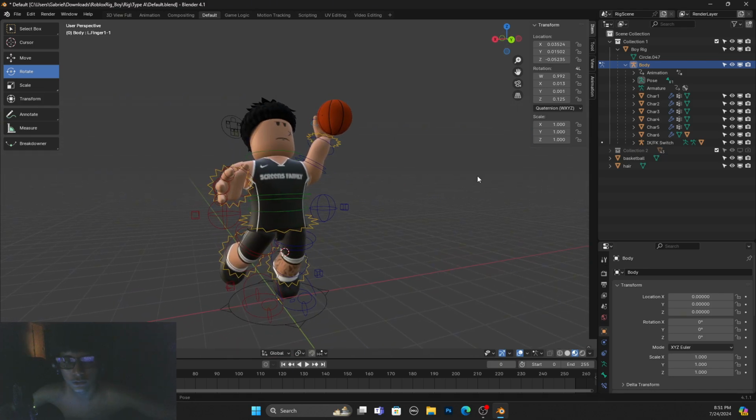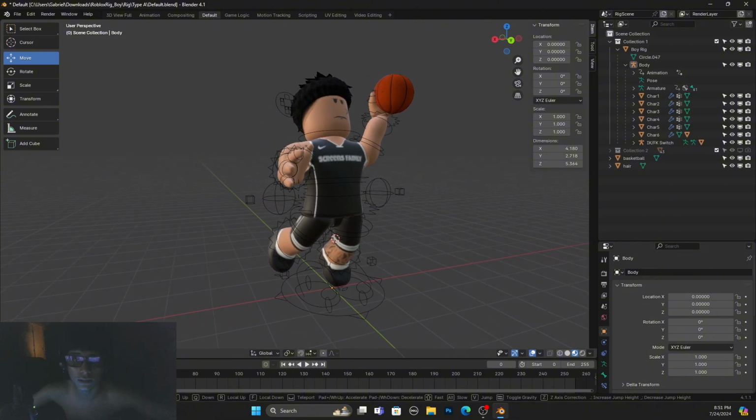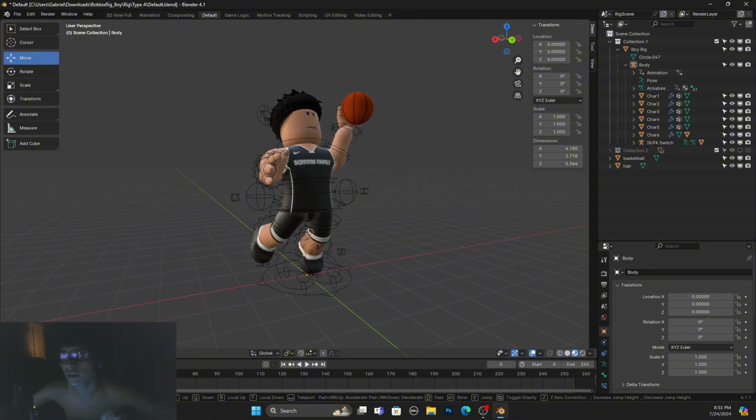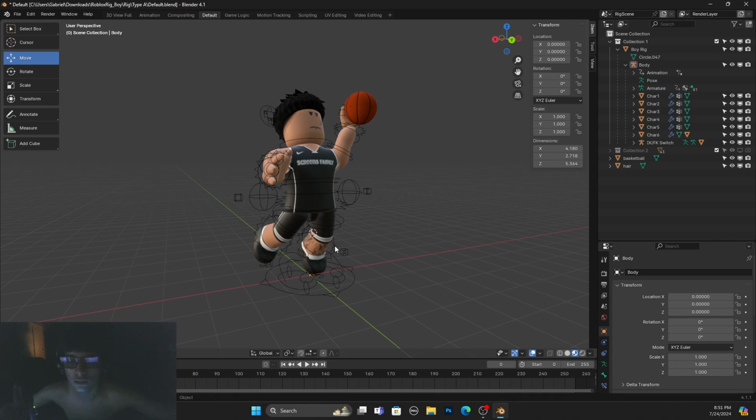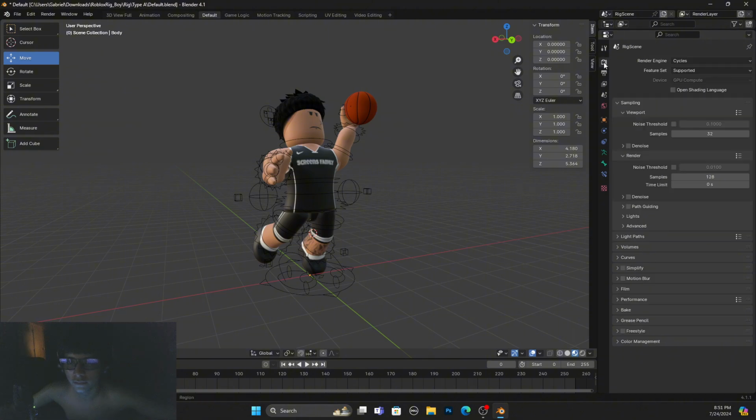Alright, so pretty much once you're done posing the character and everything, we're now going to get into the rendering part, which is pretty much just finishing up the image and exporting it out into a PNG. So make sure you have all the settings correct. Click this little TV. Make sure you hit film, make it transparent, and then for the render,